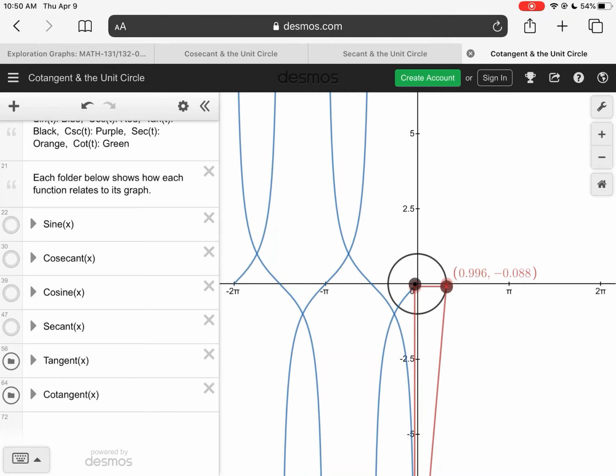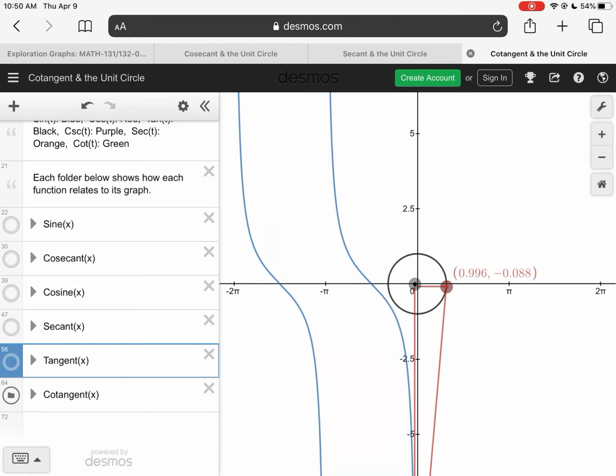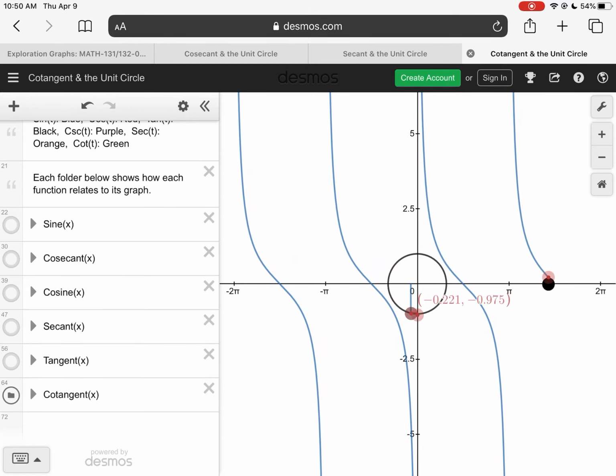It's hard to tell which is which here, but you can see that reciprocal coming into play. Wherever the values are 0 on tangent, then cotangent's undefined. Wherever the values are 1 or -1 on tangent, they are also 1 and -1 on cotangent. So again, probably the most useful, or what you'll see most people kind of thinking about remembering, is just that general